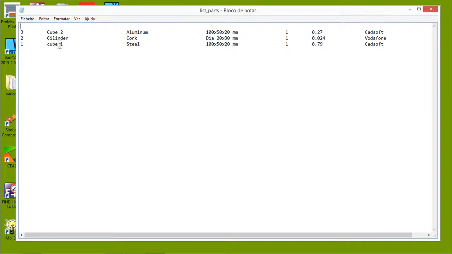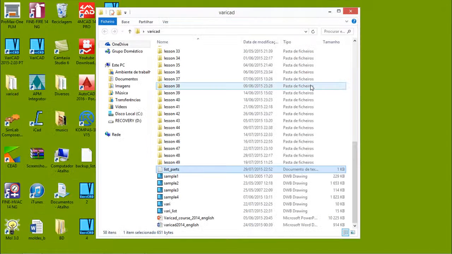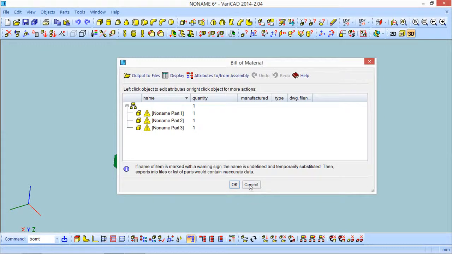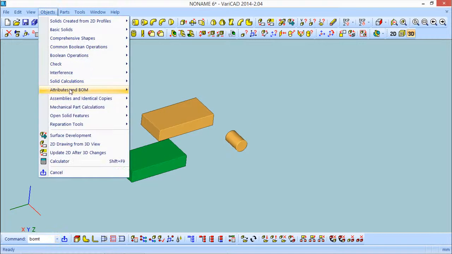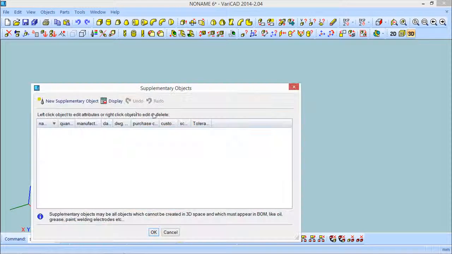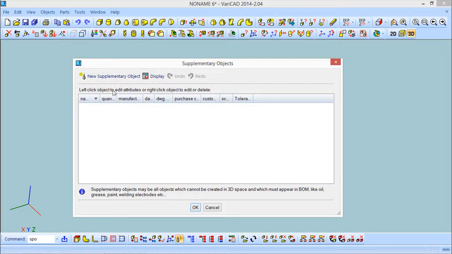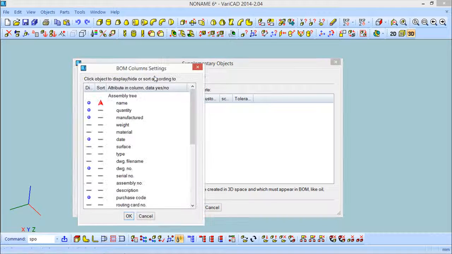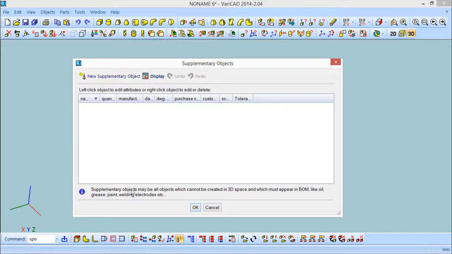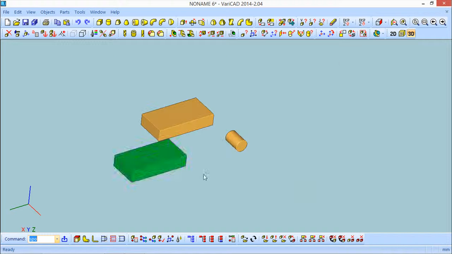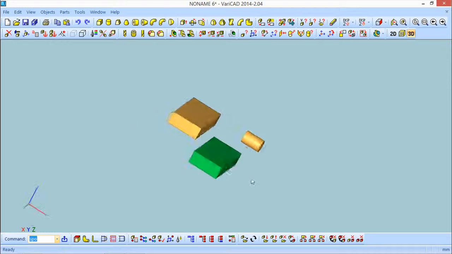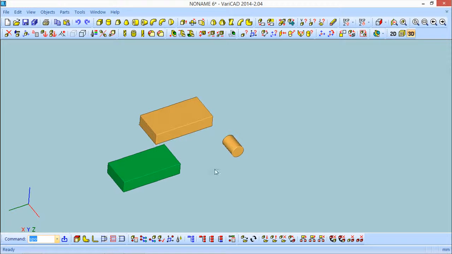List of parts, and again, as you can see, they are here, and also missing this supplementary object, where I've done something wrong. Okay, let me try to check what I have done wrong. Probably I did not make some configuration, but we'll try to correct this in the last lesson,